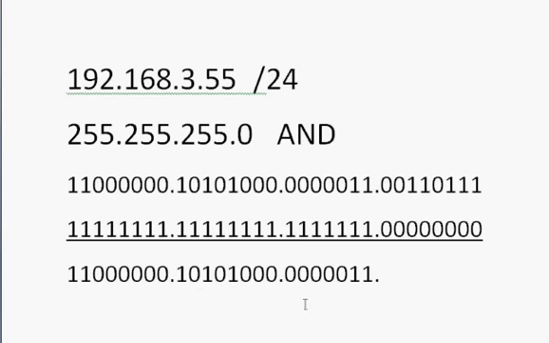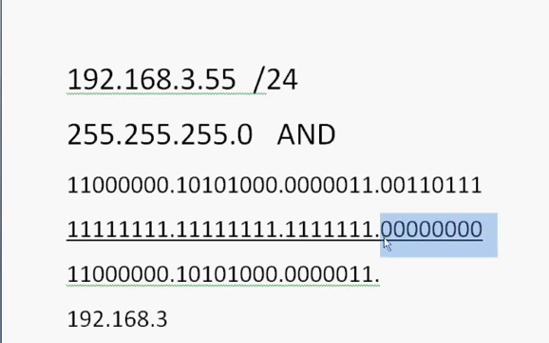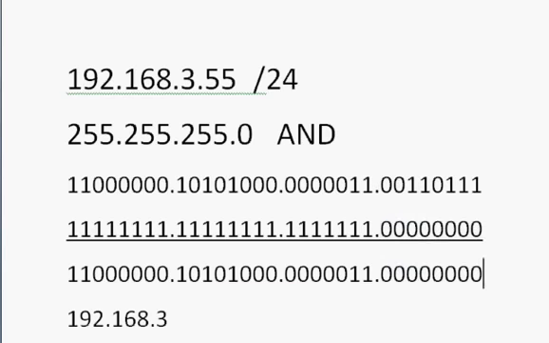192.168.3, and now when we get to this last octet right here, notice these are all zeros, so everything, 0 and a 0 makes a 0, 0 and a 0 makes a 0, a true and a false makes a 0, so everything's going to be 0 here. And so we find out that the network is 192.168.3.0. Okay, that is the network that the router is going to route to,